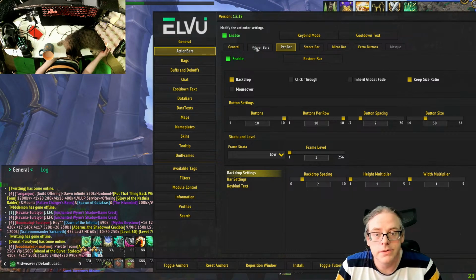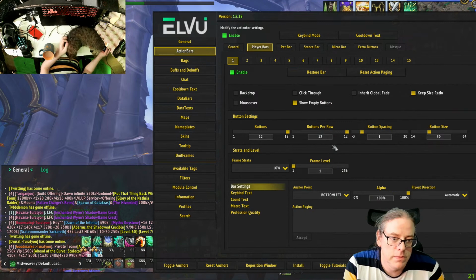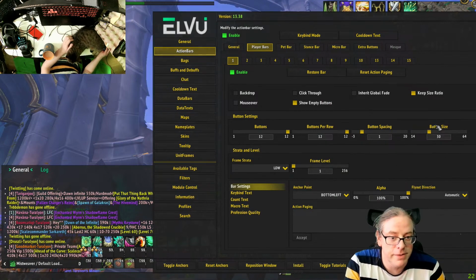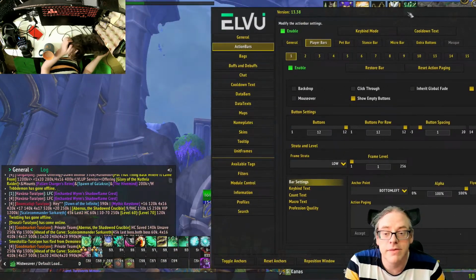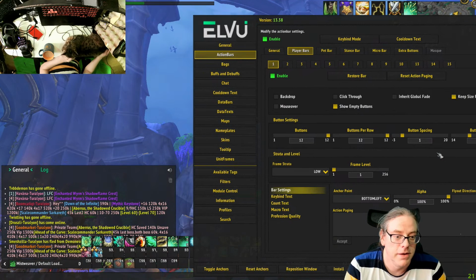Player bars. Size. I know. I wasn't talking to you, Tabitha, by the way. Tabitha kind of gets her name confused a bit on occasions. Because